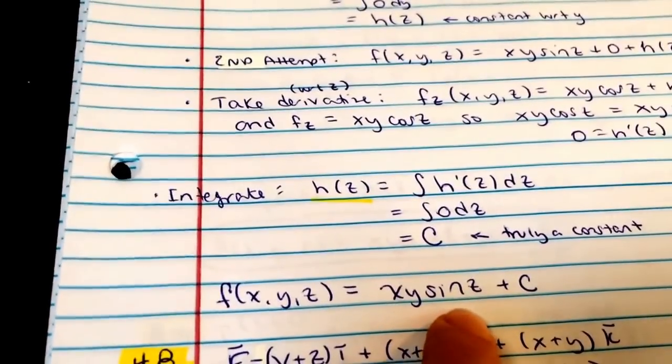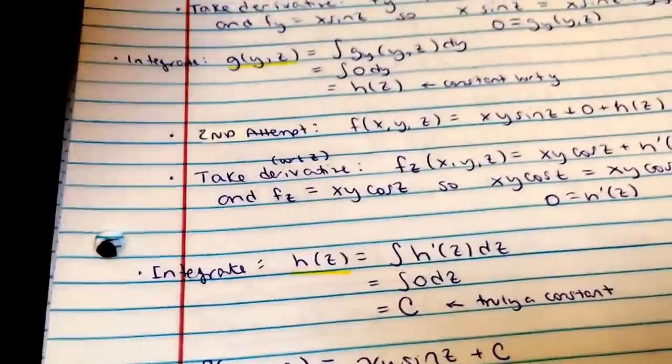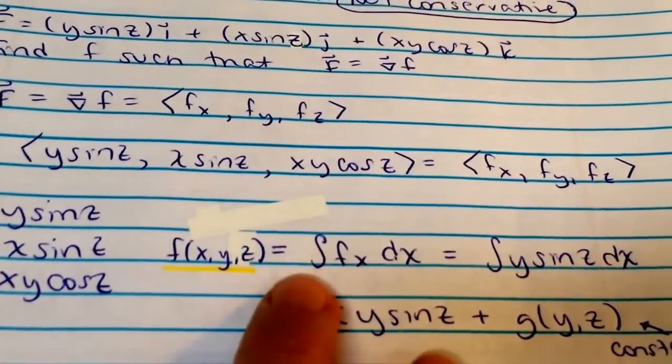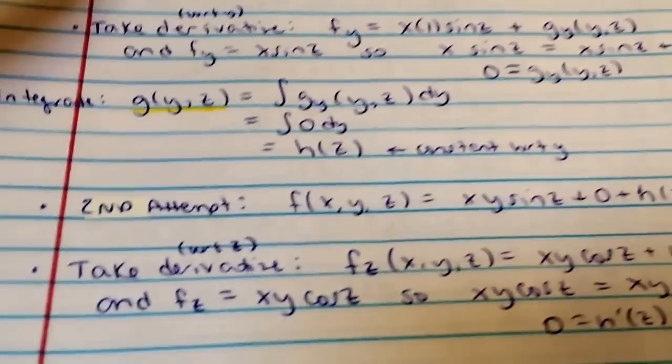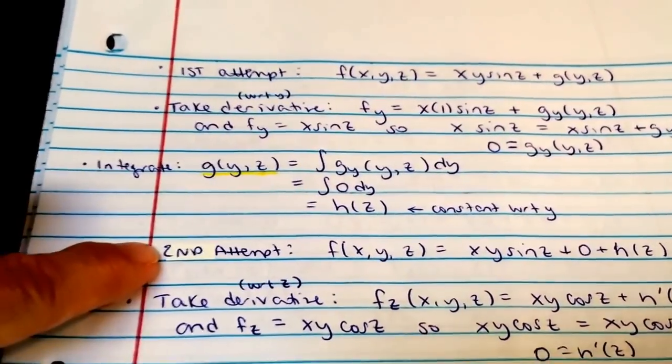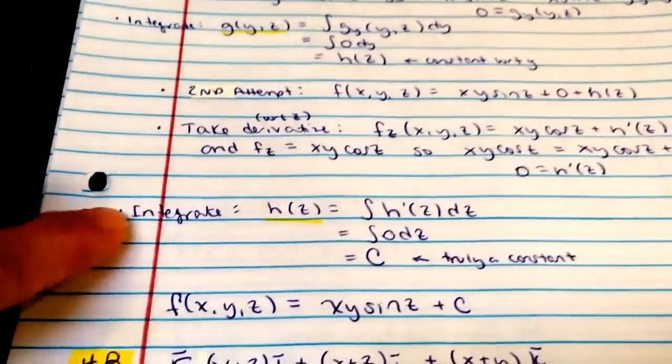My blue pen is not handy, so I can't do it. But anyway, notice the work. I didn't label this one, but this one is integrating. So your first step is integrating. I didn't write that. Integrate. Then you write what you have. Then take the derivative. Then integrate. Write what you have. Derivative. Integrate. Write what you have.